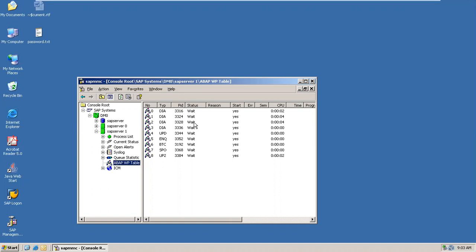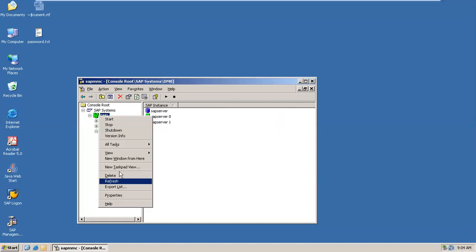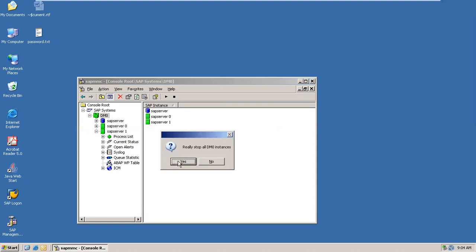If not, let's say you are going out for a vacation or you don't have time to open it for weeks together, then you have to shut it down. How to shut down the server? Just right click on this, click on the stop button like this. It says, really stop all DMO instances?